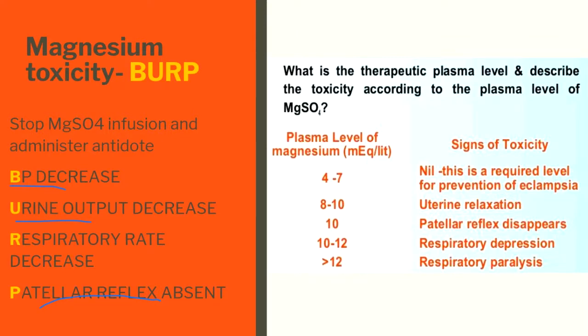So what I want you to understand though, is that I just loaded her with magnesium. I am wanting to give her body a certain amount of magnesium, okay, to prevent the seizure. That is the reason we're giving her magnesium sulfate, okay? And when I'm giving it to her, if I were to check her blood levels for magnesium, the therapeutic level is telling me that the drug is working and she's not going to have a seizure. It doesn't mean she'll never have a seizure. Never say never, because even though they're on mag, they can still seize, okay? But it's significantly decreased. I've never seen someone on magnesium sulfate actually have a seizure, but it doesn't mean it doesn't happen. All right, so 4 to 7 is the therapeutic level for magnesium sulfate.